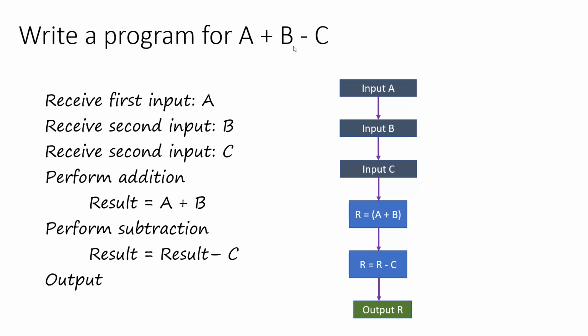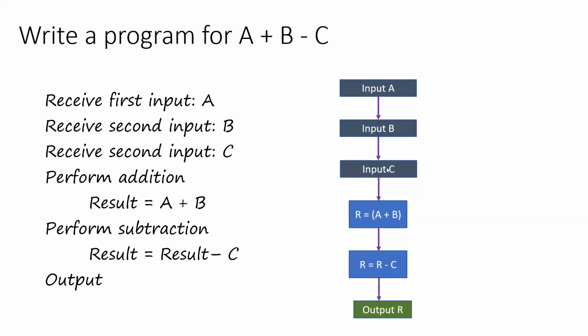So for performing A plus B minus C, there are 3 operands and 2 operators. Therefore, we need 3 inputs and perform 2 operations. The first step is taking the input A, then input B, and then input C. After taking all the 3 inputs, we perform addition between A and B. Temporarily, the accumulator stores A plus B. Followed by this is the next step of subtraction. From what we have stored in the accumulator, we subtract C. Now whatever is there in the accumulator, we would like to give as output, and therefore we output the